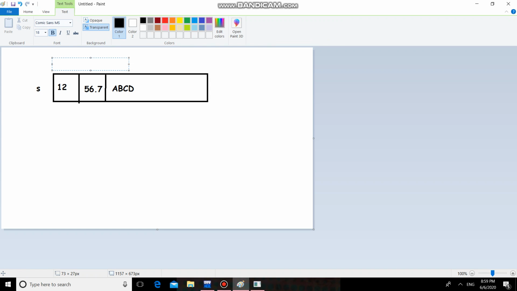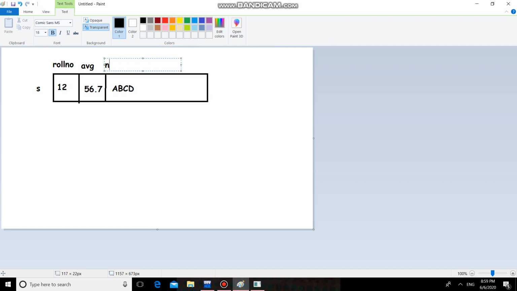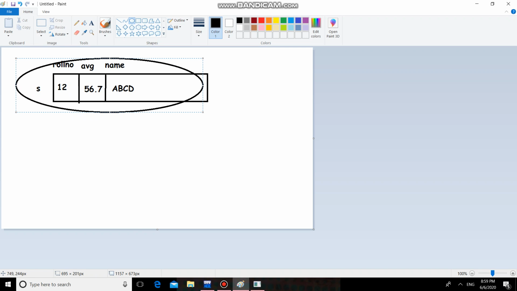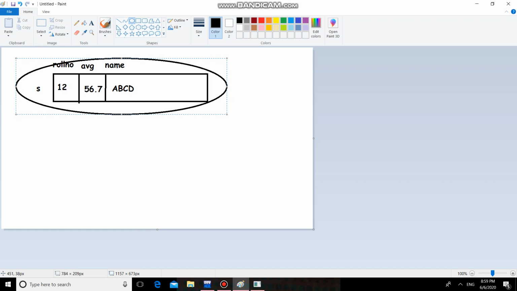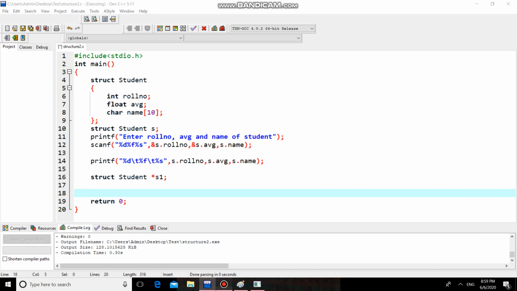This is roll number, then this is average, and the third member is name. This is definitely an array. So this whole one is my student structure, and this s is one of the variables of the student structure.